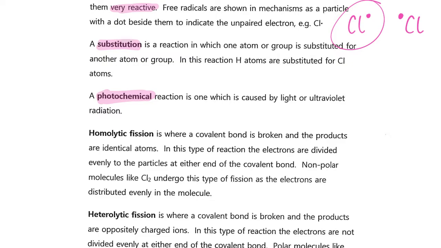The next term you need to be familiar with is homolytic fission, and that is what happens in this type of reaction. We'll have a look at this at the bottom of this page as well to show you what happens in terms of electrons. If you think about it, a covalent bond is one shared pair of electrons. So homolytic fission is where that covalent bond is broken, and the atoms that share that bond each get one